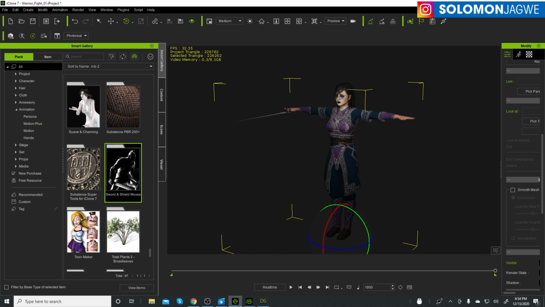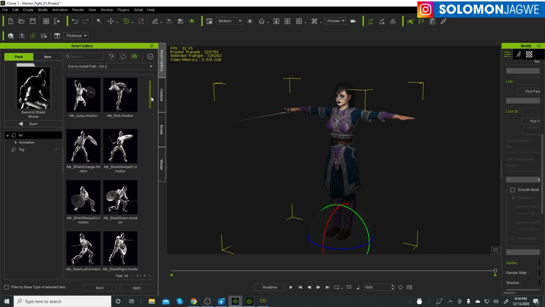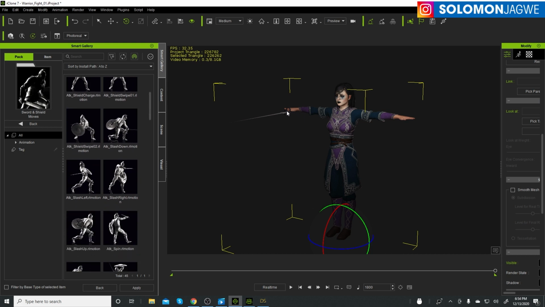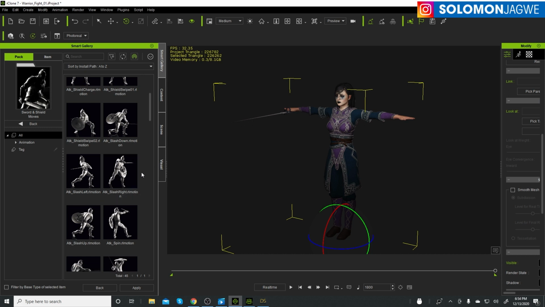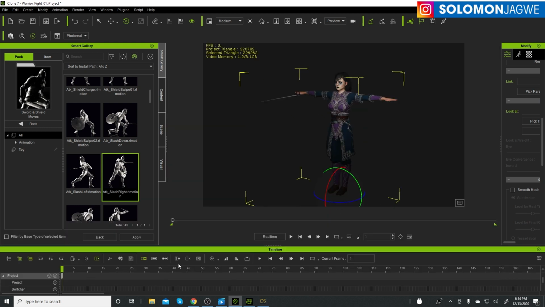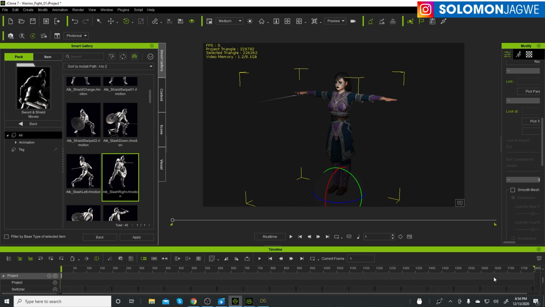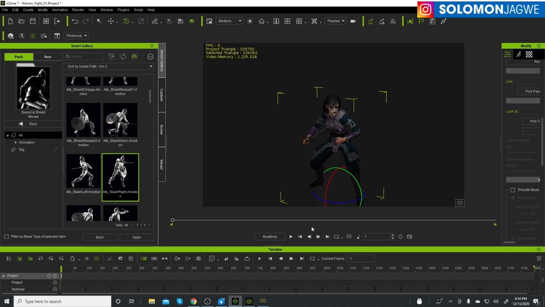done. Okay, so double click on that, and because my character has her sword in her right hand, we're going to find one that, you can actually see, says ATK/right motion. I always try to make sure I'm on the first frame, and we can bring up the timeline as well, and zoom in to fit the window so we can see the entire timeline, depending on how long your animation is. So just double click on this, and there's our character ready to